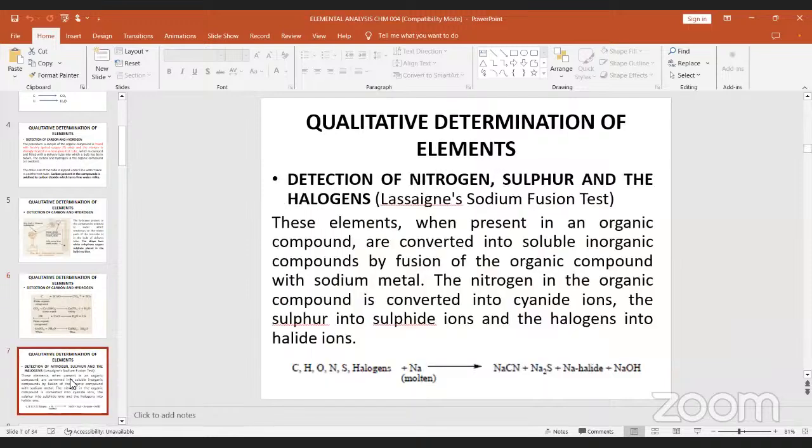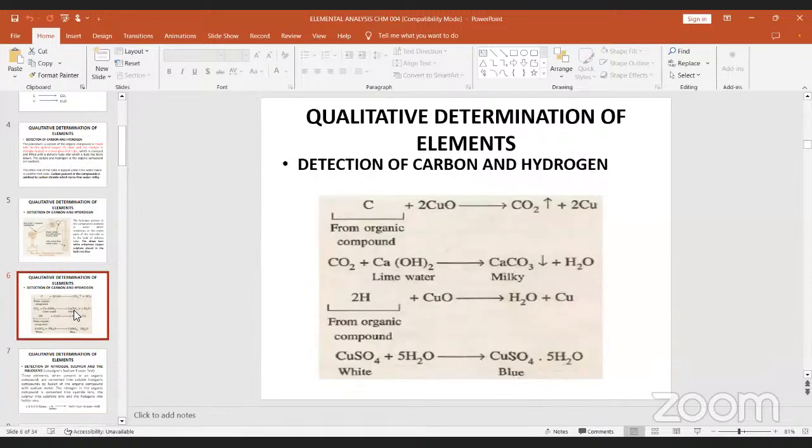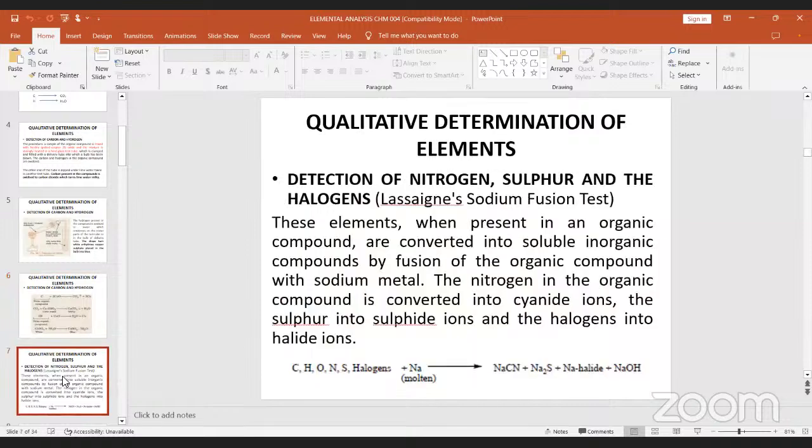So in so doing, via the amount of carbon dioxide that you generate, you'll be able to know the amount of carbon that is present in the compound, and the same thing with the water. For the other elements that may be present in the compound, you can qualitatively determine this by what is called the Lassaigne sodium fusion test. Okay, the Lassaigne